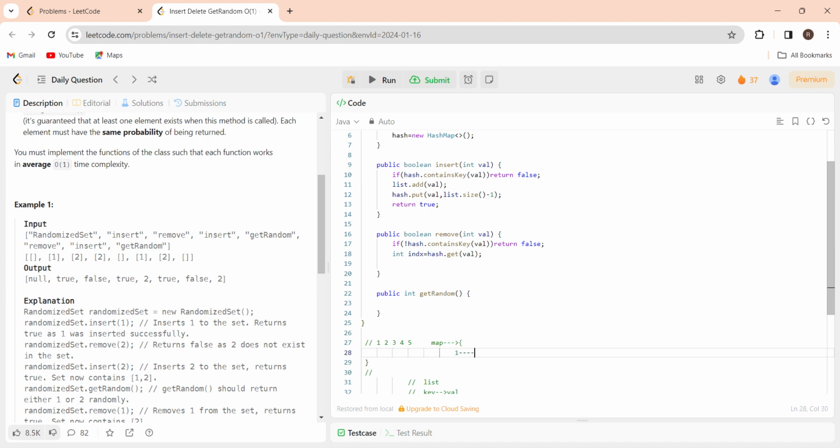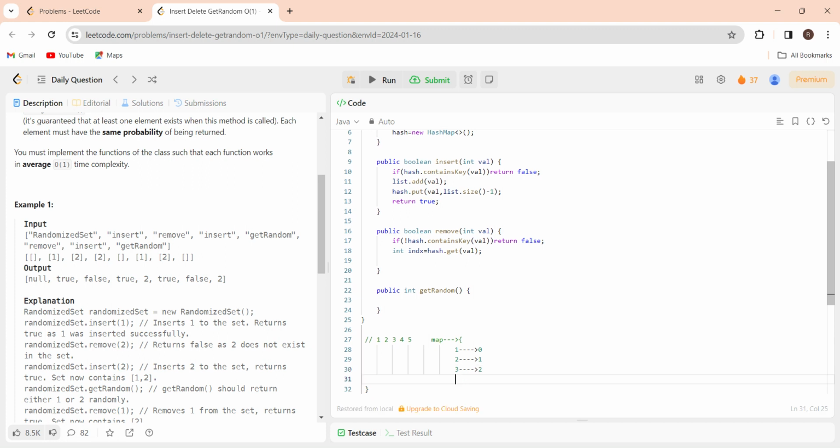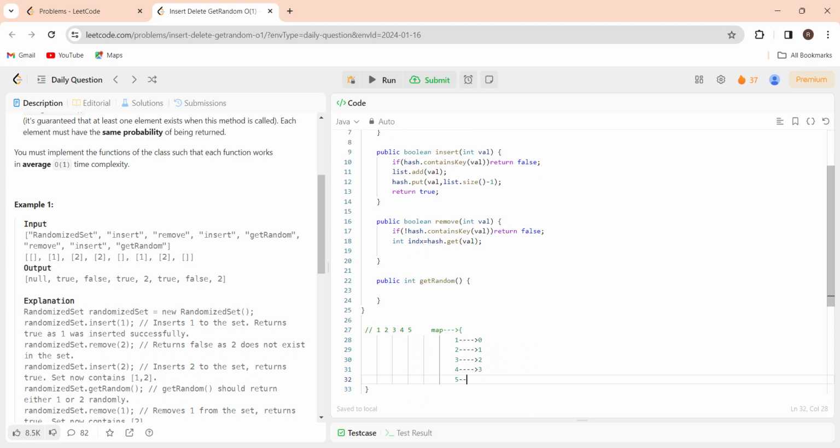Okay, 1 maps to index 0, right? And 2 maps to index 1, right? And 3 maps to index 2, right? And 4 maps to index 3, right? And 5 maps to index 4. Okay,